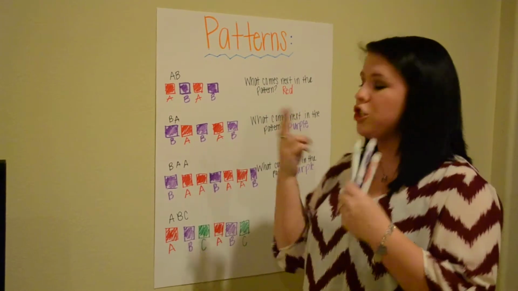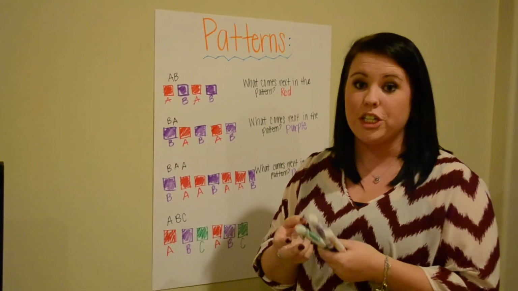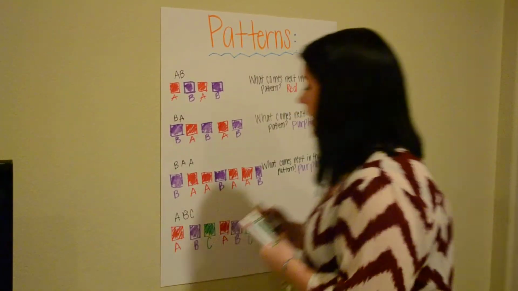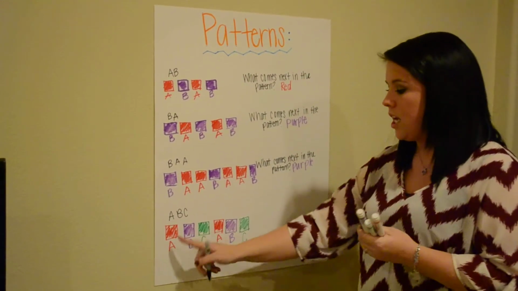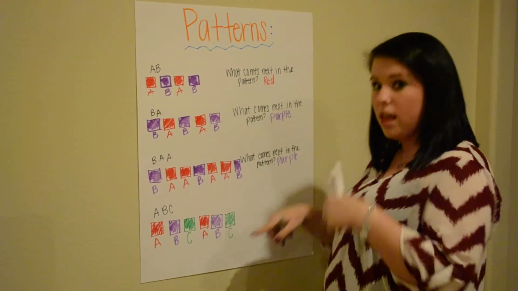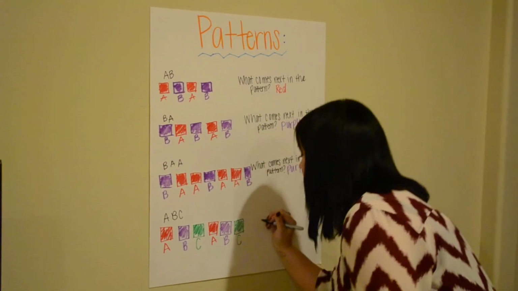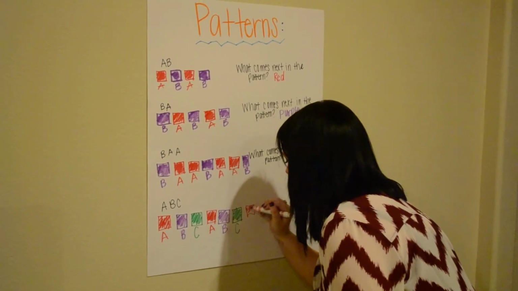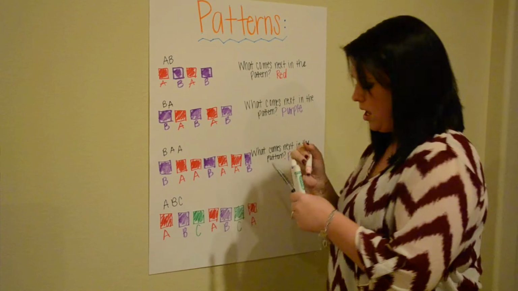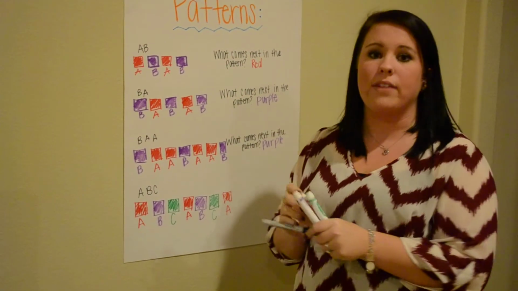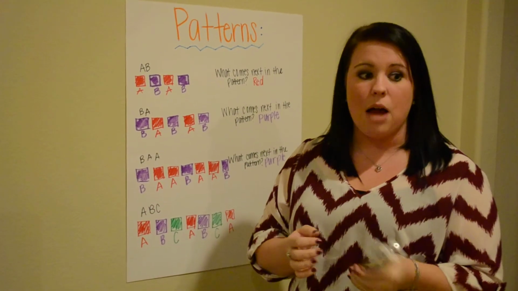So instead of just two different colors, we added another one to create three. So to double check yourself and see what color comes next, you do red, purple, green, red, purple, green, red. So the next color would be a red square, labeled A. You can look over this if you have any trouble, but next I want all of the class